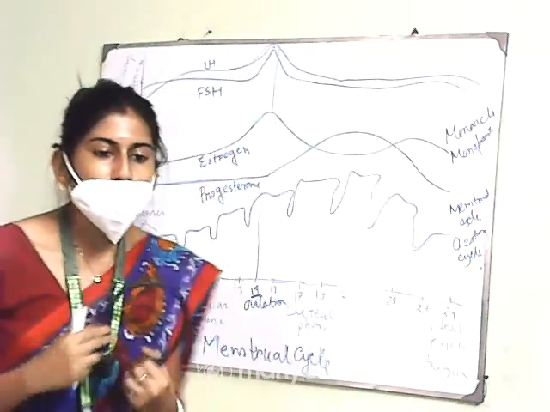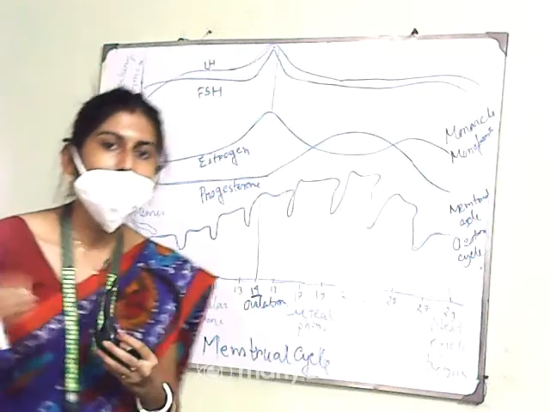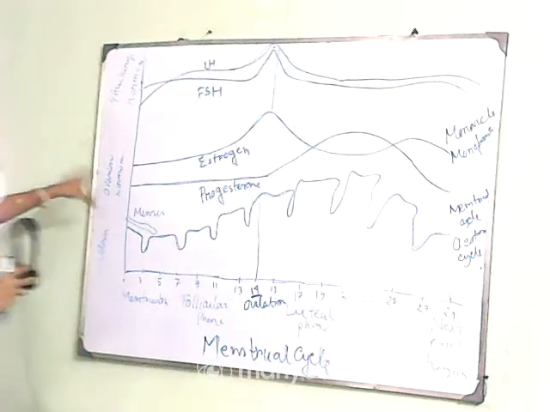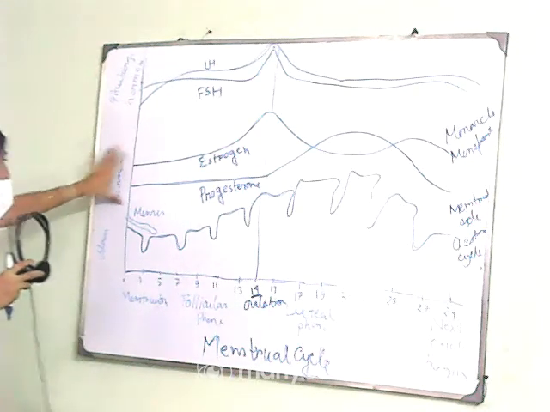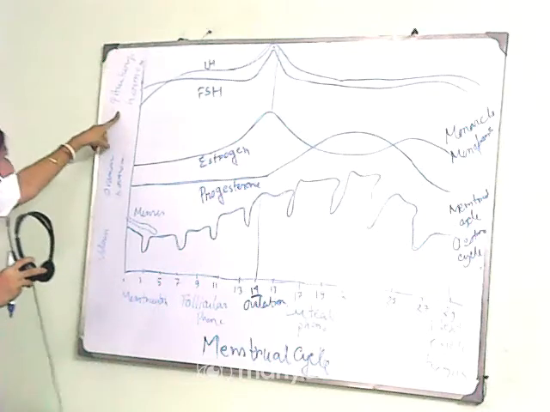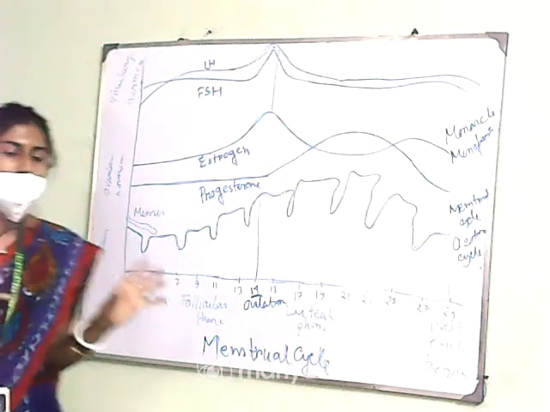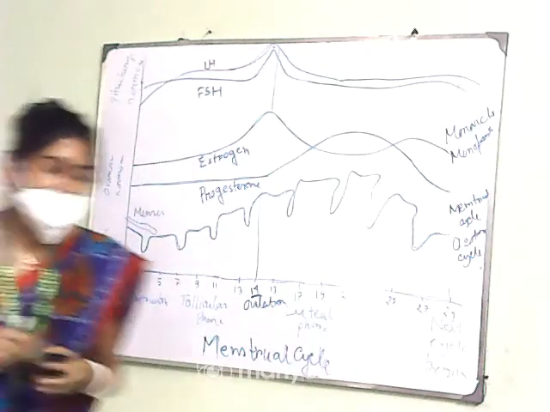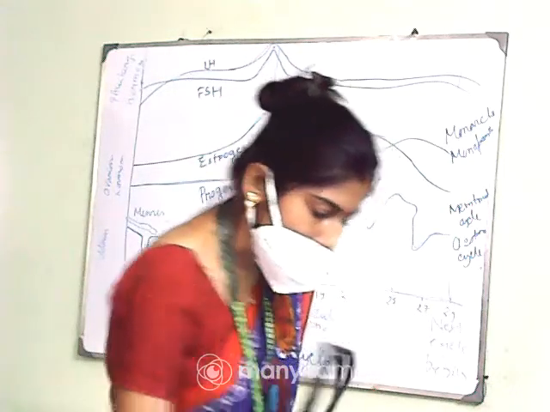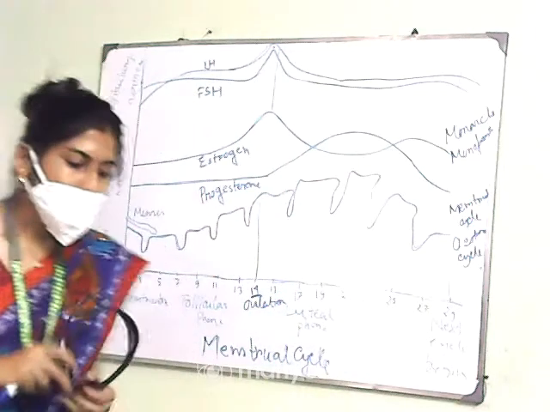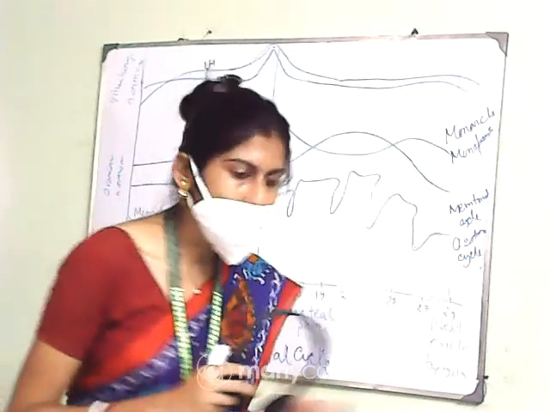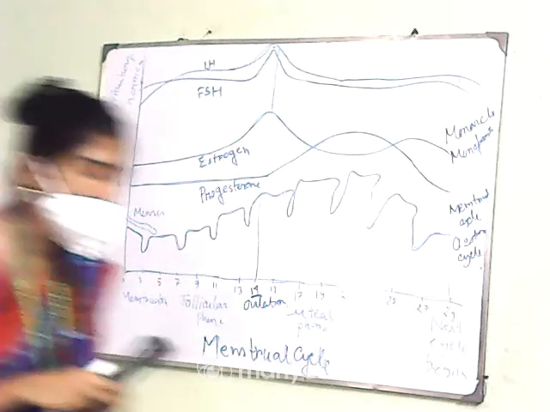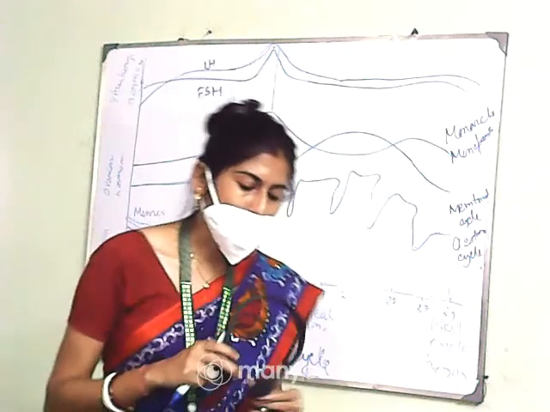Now you have to know about the different events that occur in those different phases and the different hormones. Two types of hormones will play a role here. First one is the ovarian hormone, and the second one is the pituitary hormone. These hormones play a role in maintaining the menstrual cycle. So first come to the menstrual phase. The major events of the menstrual phase are shown in the figure. If you follow the figure, you will get a clear idea about the different phases of the menstrual cycle.